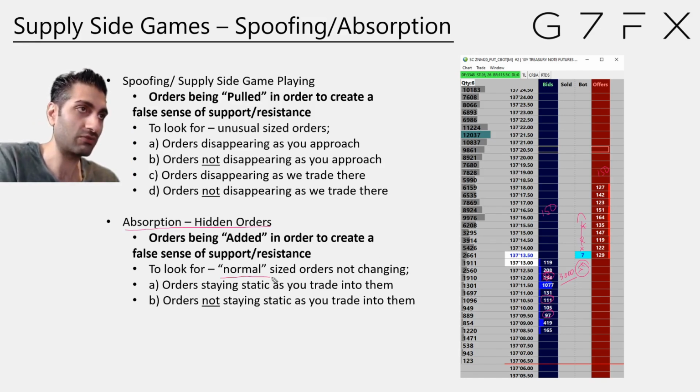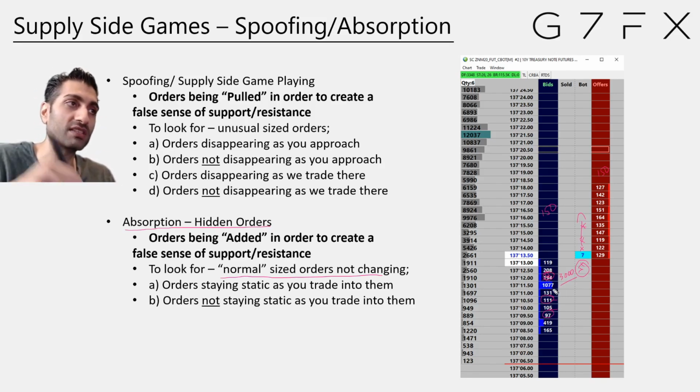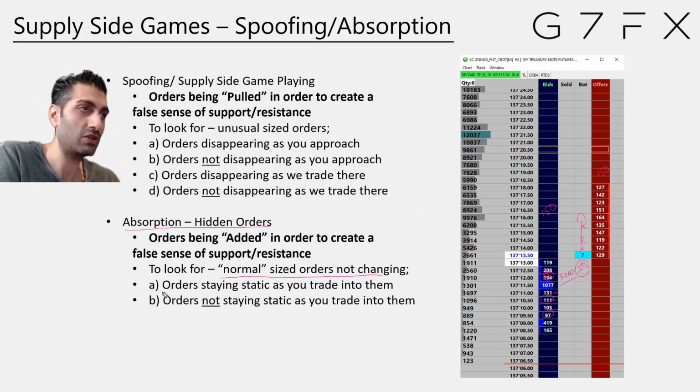So as I said, looking for normal sized orders. So 150, like I said, 194, there's nothing unusual about that, is it? You come in the morning and you think, well, there's 100, 200 at every level. Nothing unusual about that. You won't know absorption until, that's why I haven't said look for things as you approach, because it's just going to look normal. Everything's going to look normal as you approach. It's as you trade. So what you're looking for is normal sized orders, but orders staying static as you trade